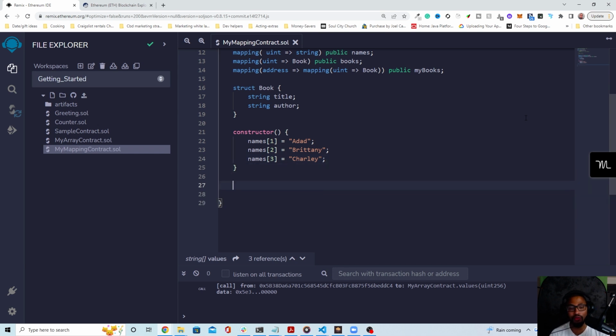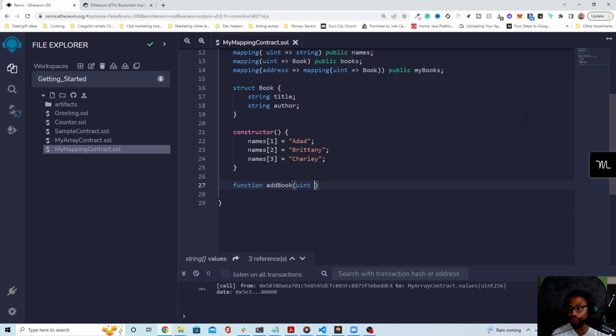All we need now is functions to interact with those. So we'll need 2 functions in this case. One to add a book, and then one to coincide that book with the address or the identifier that sent the book in, basically. And we'll see how all that works. So first, let's create the function to add books. So we'll say function add book